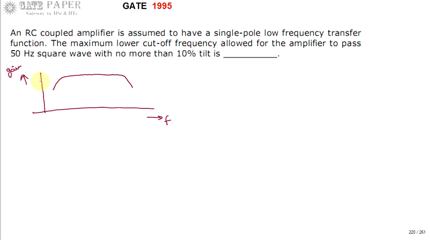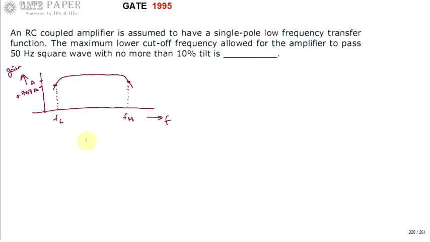So this is well known. This is the maximum gain it is providing, so that can be treated as A. If you draw a horizontal line at 70% of it, it touches at these 2 points, that is 70.7% of the maximum gain, which you can write as 0.707 times A, otherwise A by root 2. So the frequencies at which the gain is equal to 70.7% of its maximum are treated as cutoff frequencies FL and FH.